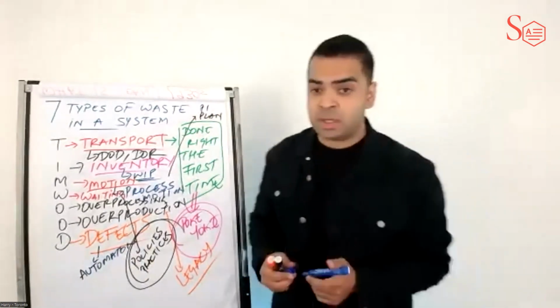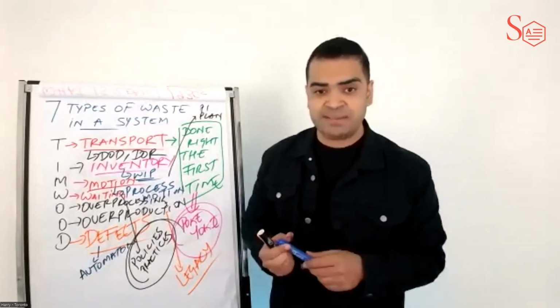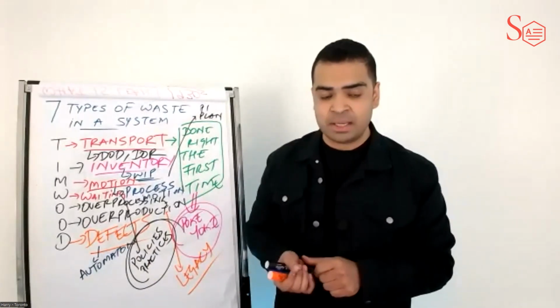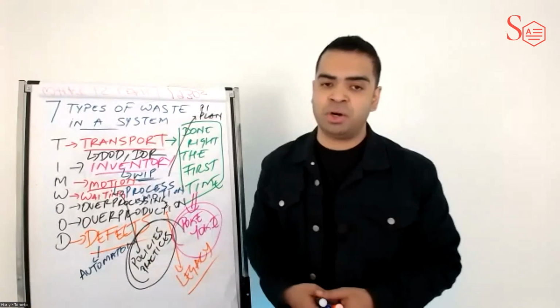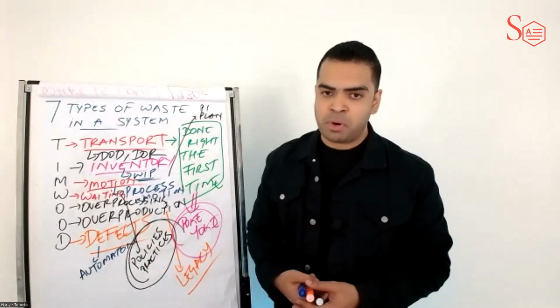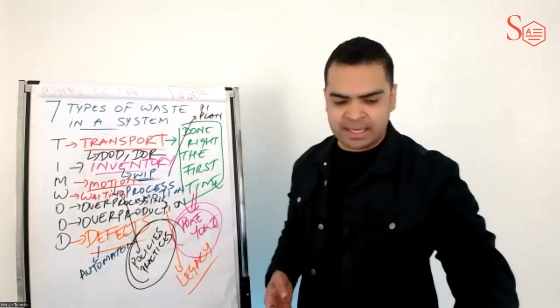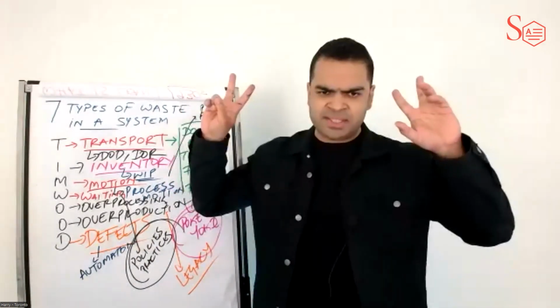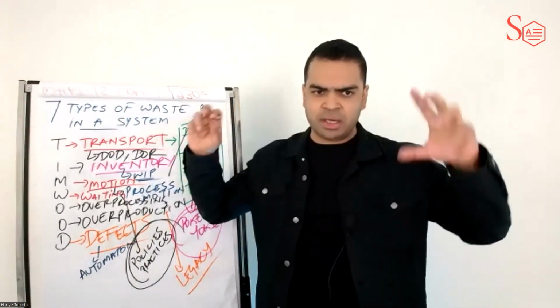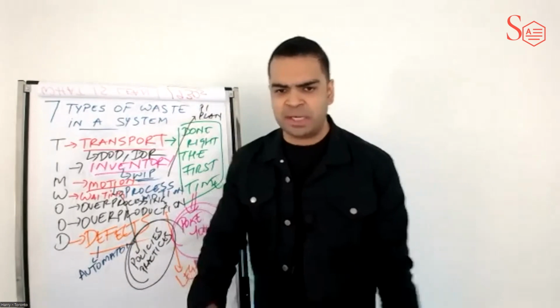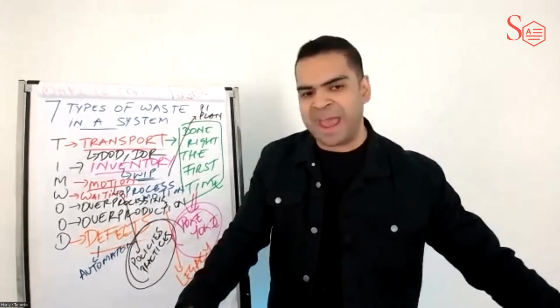Automation, or test automation more specifically, is going to help us catch defects earlier on in the process. I'll give you an example. We implemented continuous integration. Have you heard of CI/CD? Continuous integration, continuous deployment. So we implemented continuous integration for one of our clients, which is a bank based out